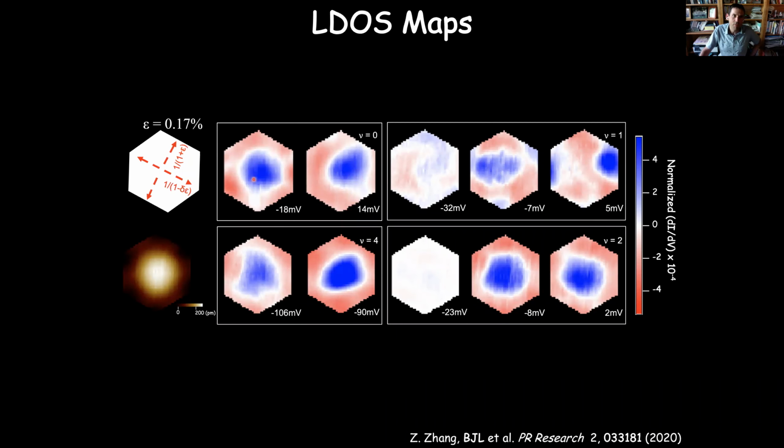What you'll see here is the nu equals 0 state, the two bands: the empty band on the right, the filled band on the left. The nu equals 1 has a partially filled band, on the right here, these two, and a completely filled band here on the left. Here's nu equals 2, again a filled band on the left, half-filled bands on the right there. Nu equals 4 has the completely filled bands for both of them.